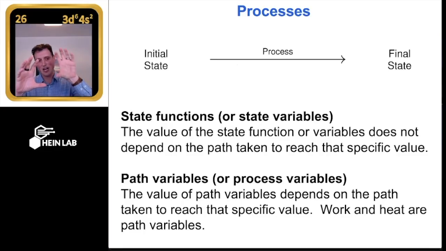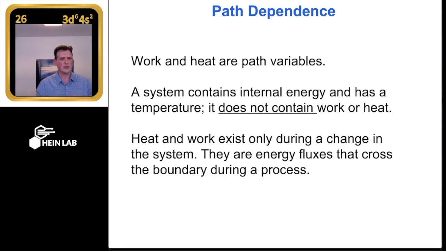And if I tell you how much heat there is and how much work there is, I have locked it up where there's now only one path. I've limited it to one way to go between these two. So without those, we don't know. What this means now is heat and work, because they are these path variables, it means that now we have to think about them, remember, as something that only exists during this change itself.